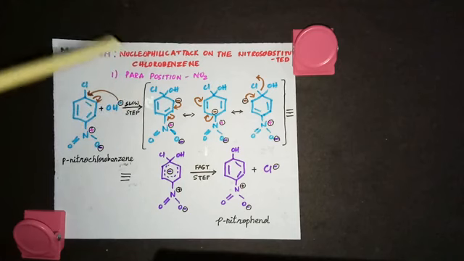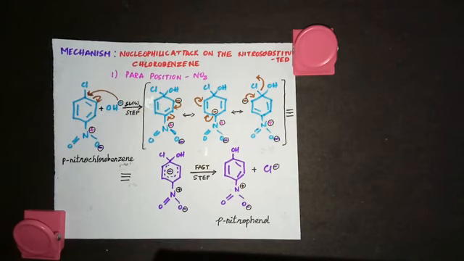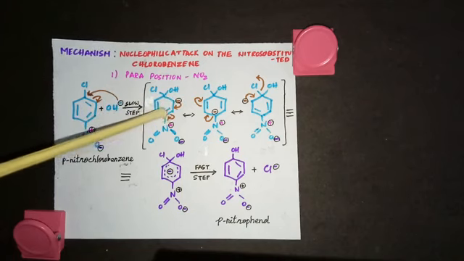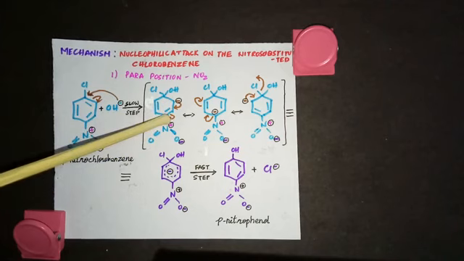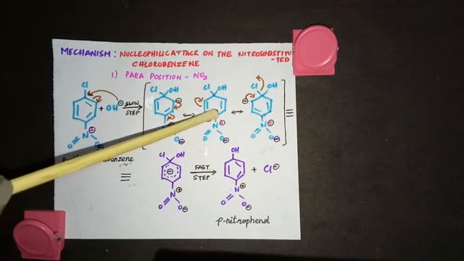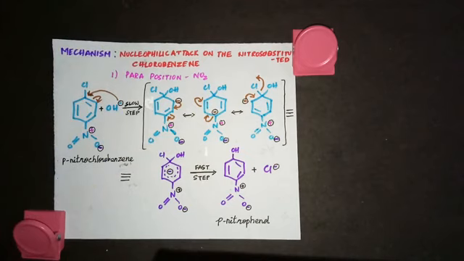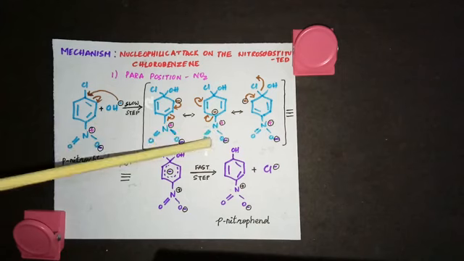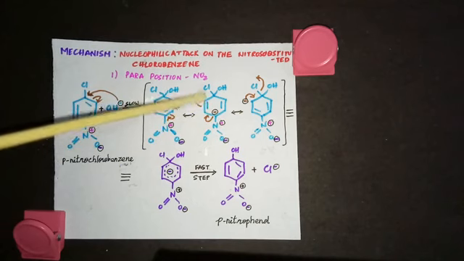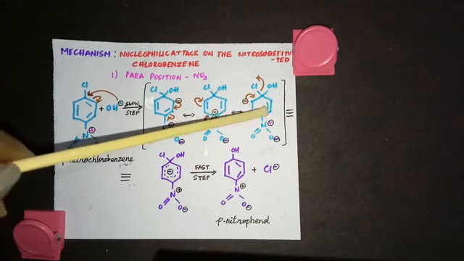Now in this picture I told you this is undergoing resonance so that the carbanion is stabilized. What will happen? This negative will come here as a bond, and this bond will go to this carbon to which the nitro group is attached as a negative charge. So in the next picture you see this negative comes here as a bond, and this bond comes to this carbon as a negative. See, everything else remains the same. No need to change anything else. Just look at the arrows and draw the next resonance structure. And now here this negative on the carbon moves here as a bond, and this bond goes to this carbon as a negative charge. So here you are putting a negative, and this negative comes here as a bond.